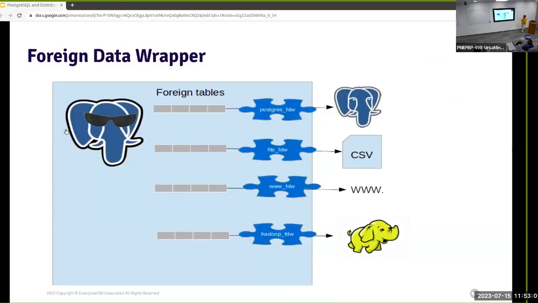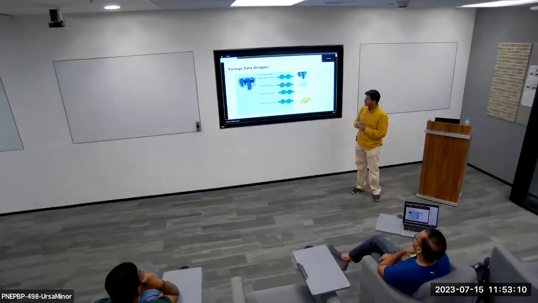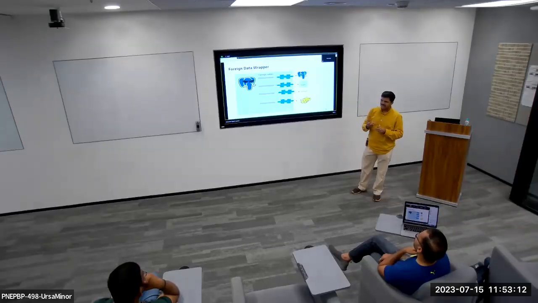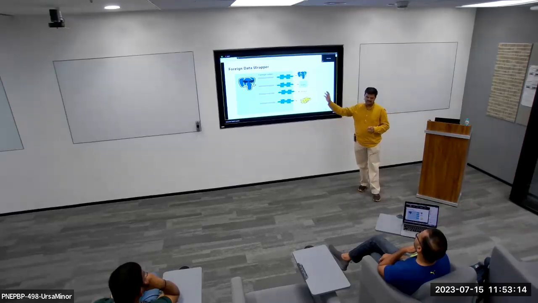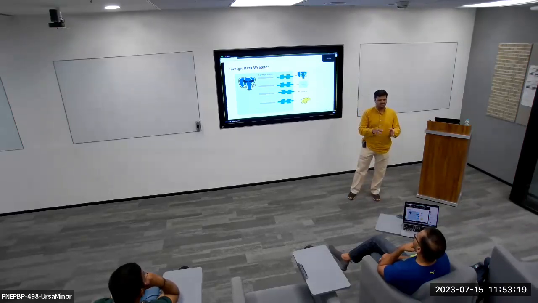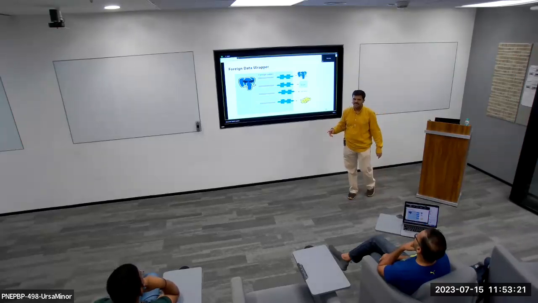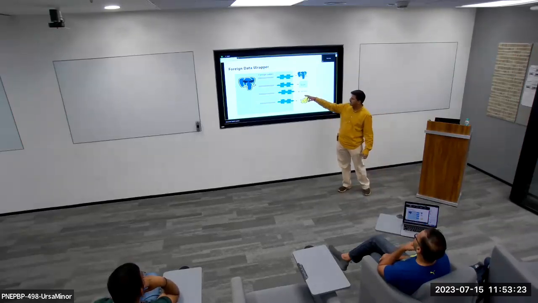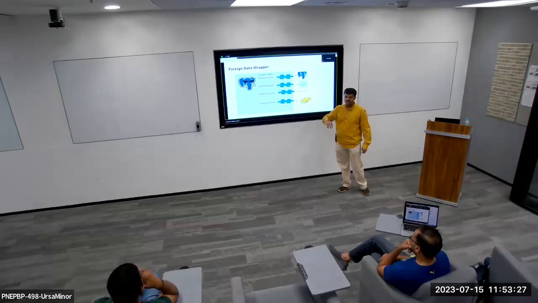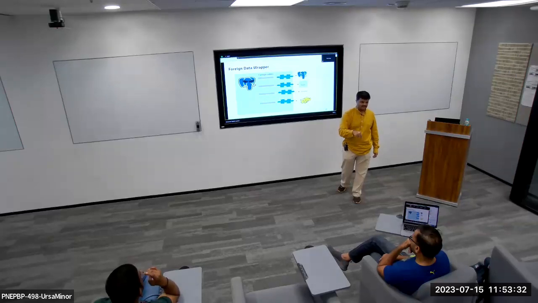The next aspect I'm going to talk about is foreign data wrappers. Slightly, I'm going to reverse the earlier sequence. So foreign data wrappers, and this is again ubiquitous. You will see this feature in almost all the databases in some form, under different names. But essentially, this allows a database to process external data, the data which is not in that server.